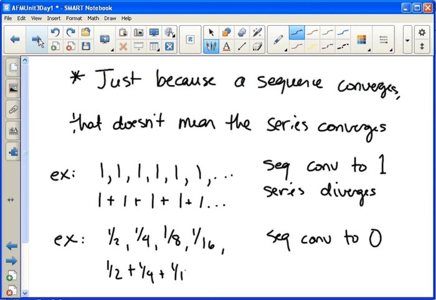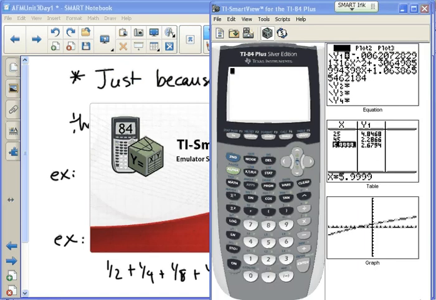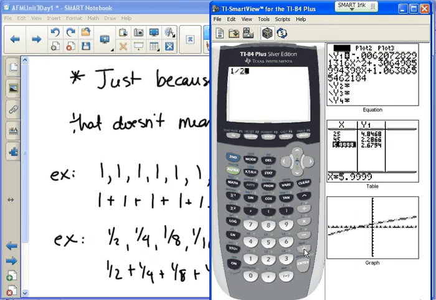And I'm going to pull up a calculator and we're going to look at that together. Sorry, I actually meant to be showing each one. So let's do this. 1/2, enter, plus 1/4, enter, plus 1/8, enter, plus 1/16, enter, plus 1/32,